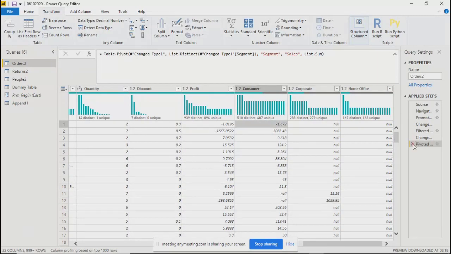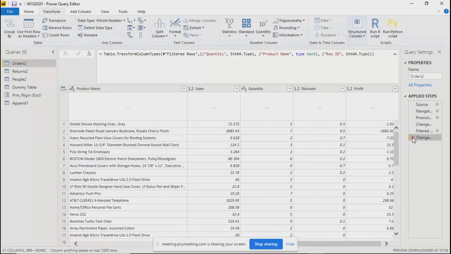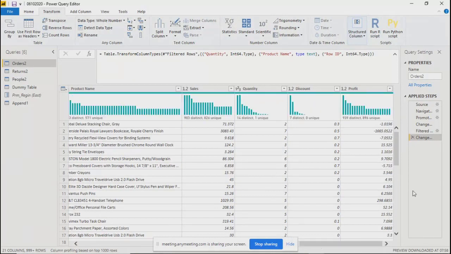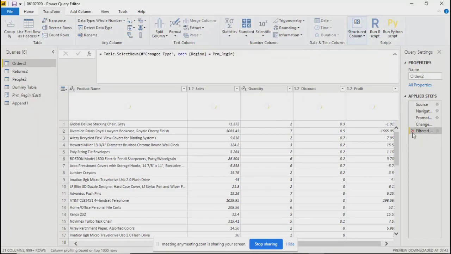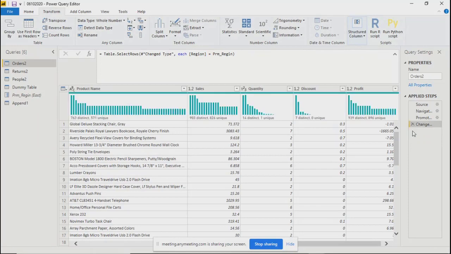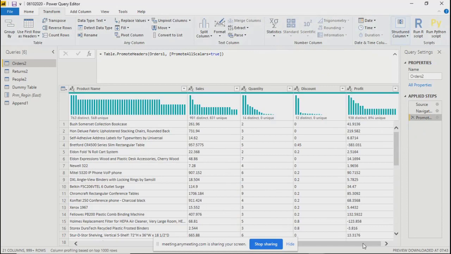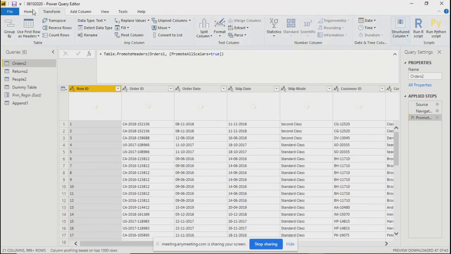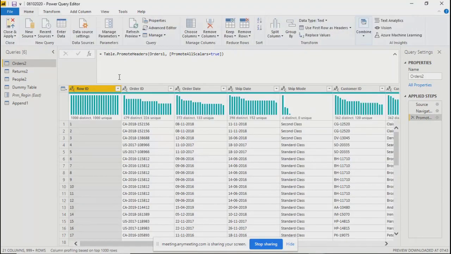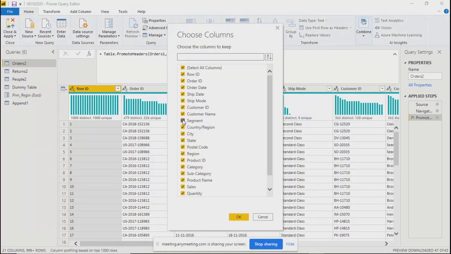Okay, let me just do it once again. Let me choose a little bit smaller data set so that you understand it properly. First of all, I'll go here and choose columns. I will take only, let's say, category.